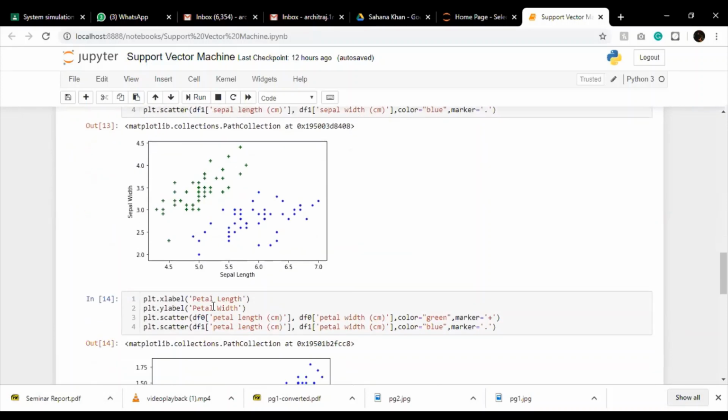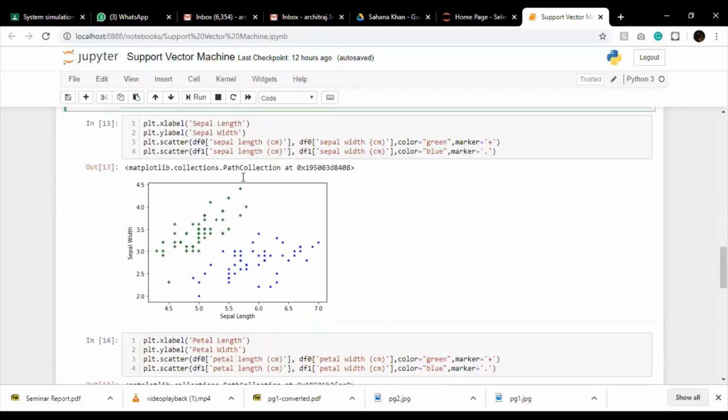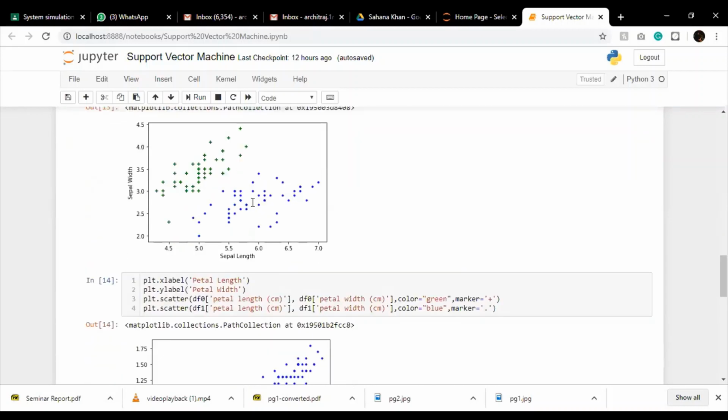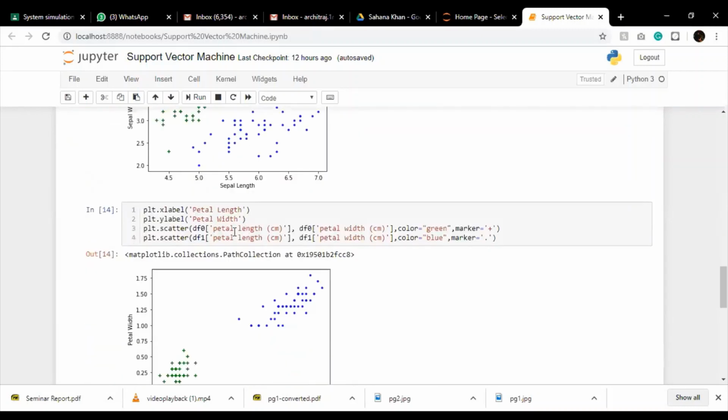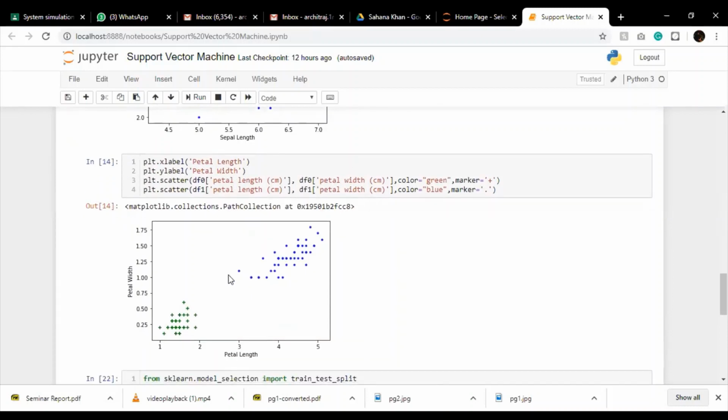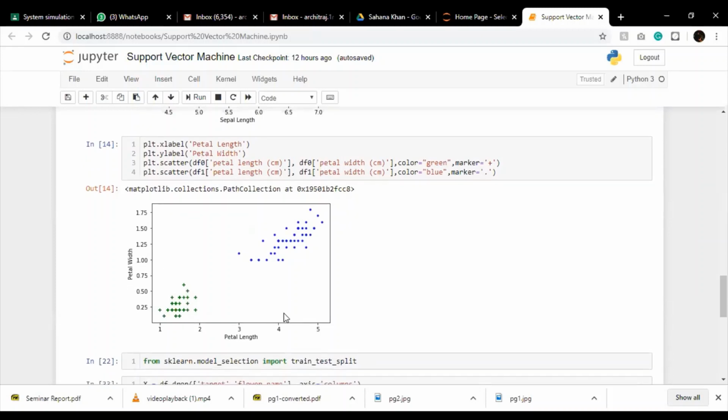Simple. Now just imagine we try for something else, like instead of sepal length and sepal width, we go for petal length and petal width. Same for Setosa and versicolor, we tried petal length and petal width. Now we can see it's very much classified. You can literally apply KNN classification here also. I'll tell you what KNN classification is at a later time. So this is what the graph looks like for petal length and petal width.